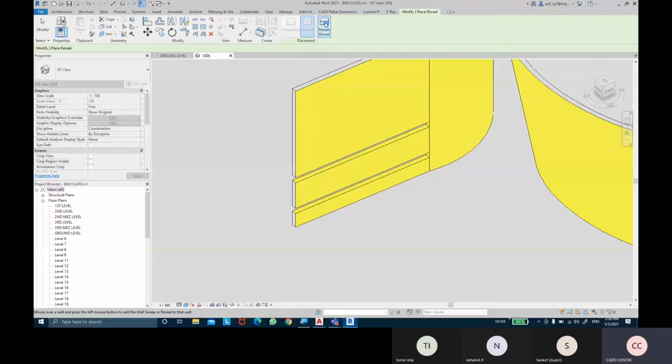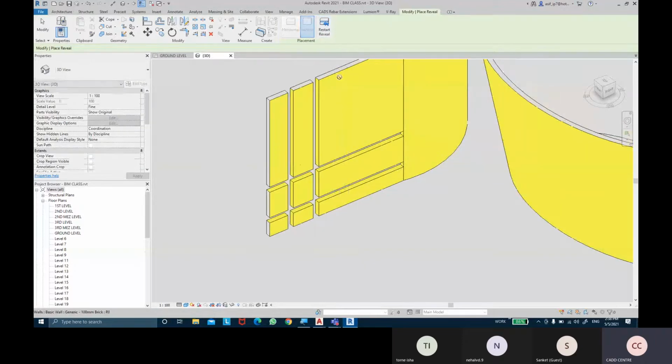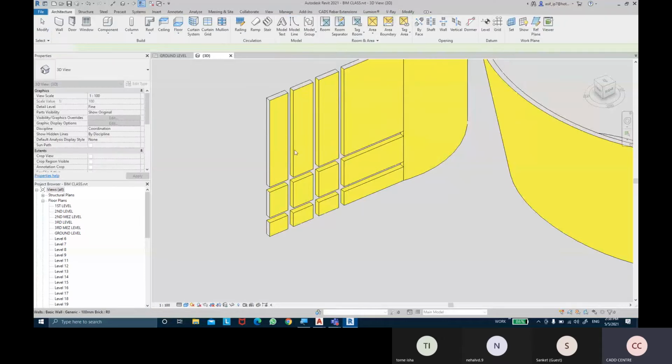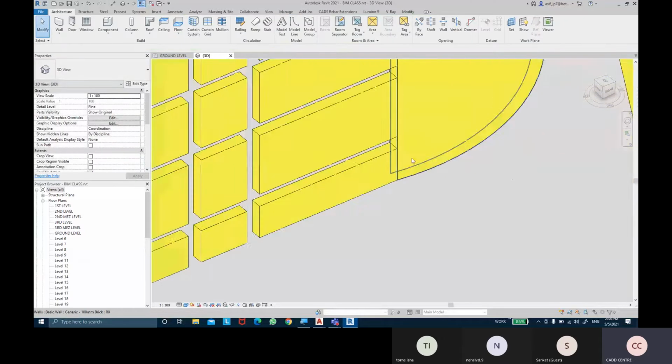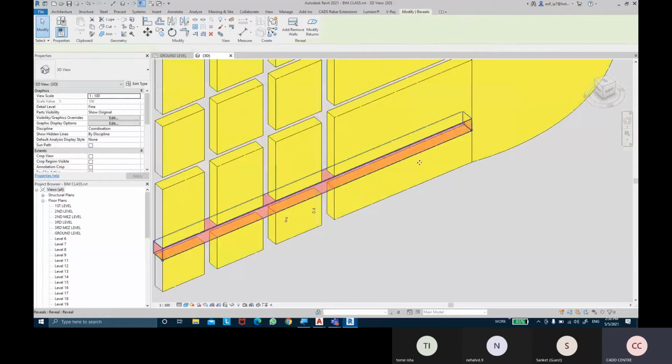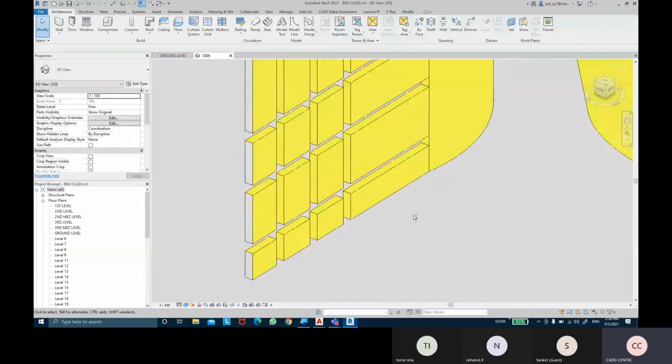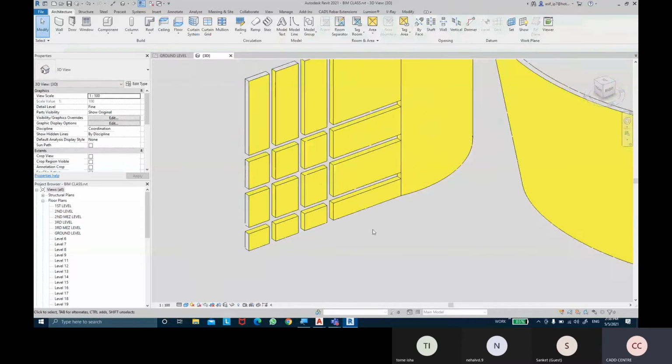Okay, restarts, vertical, restart, vertical, restart, horizontal. So I can apply as many reveals as I want in the walls. That creates a cutout, actually a void in the wall. That's because the profile of the reveal is quite a bit thicker than the wall size. So I might have to adjust the profile size or the offsets of the reveals.